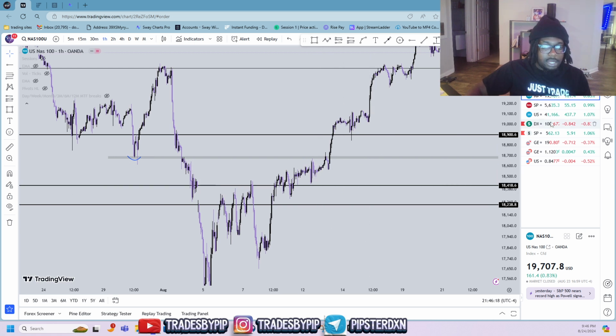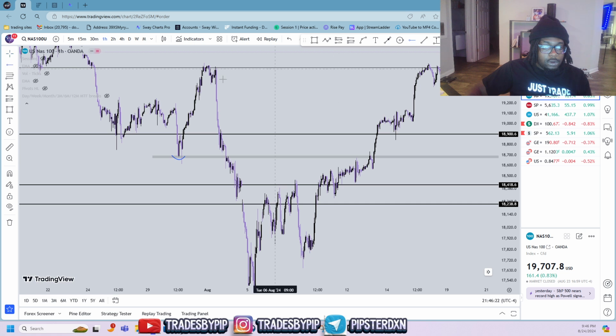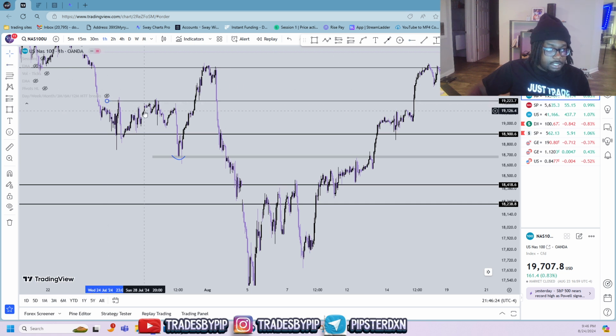And what do I mean by respecting this level of resistance? If we were to look over here, when price is respecting a level of resistance, it's not showing bullish indication. So look how when price is making this higher low, it's actually breaking above, but once again, failing to continue bullish momentum with the trend. So this isn't bullish. And when price sold off, it actually ended up selling to break this level, lower highs, giving you clear indication that this isn't bullish sentiment.